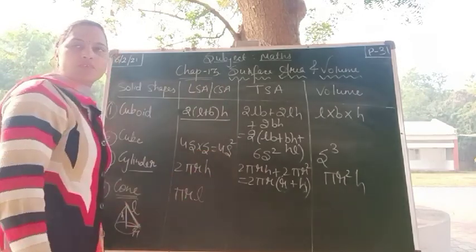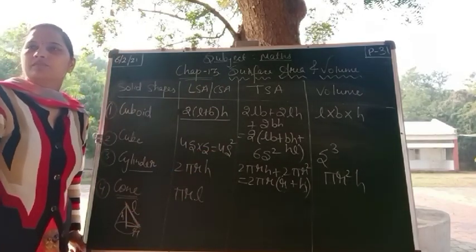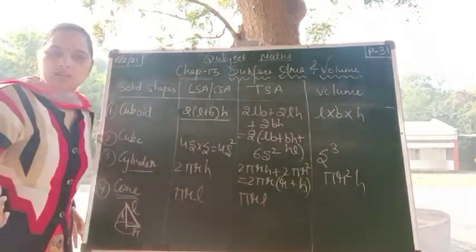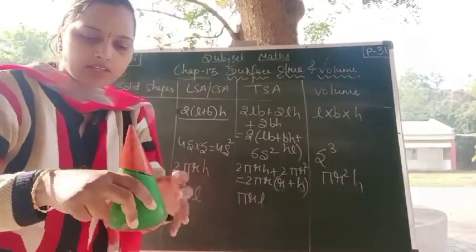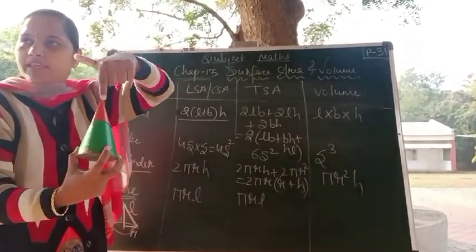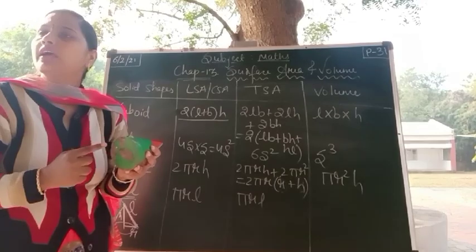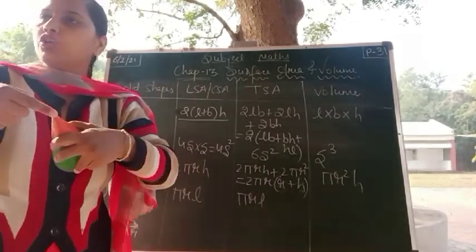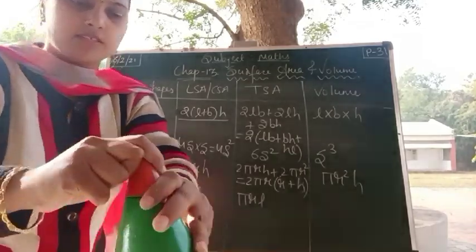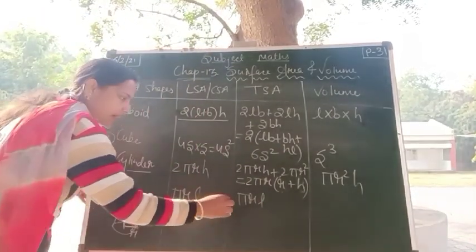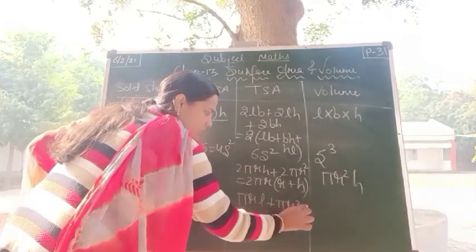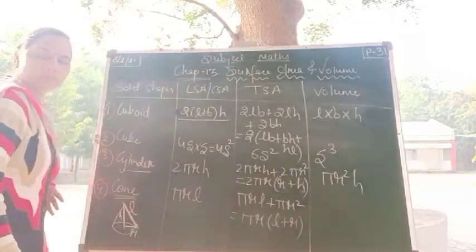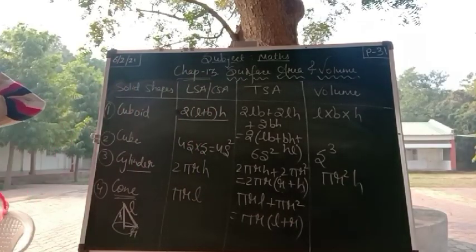Now total surface area. You said the curved surface is pi r l. So this is the cone, children. Here the curved surface is pi r l. Now this is the circle, so area of circle is pi r square. Top surface is not there, it is just a vertex. So pi r l plus pi r square. What is common here? r. Left inside the bracket: l plus r. Pi r (l plus r).